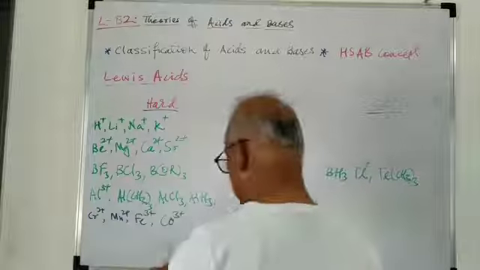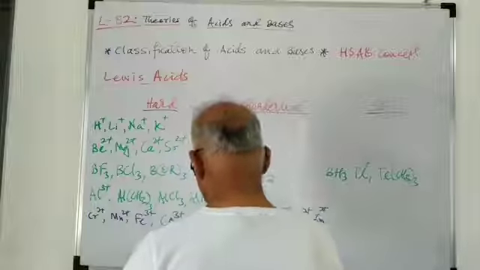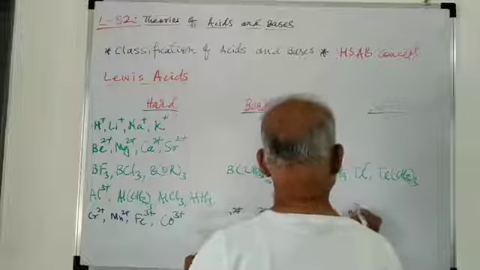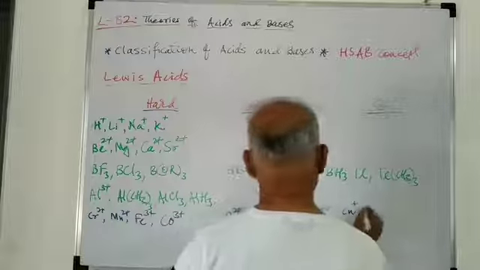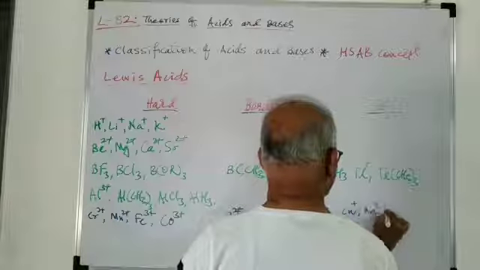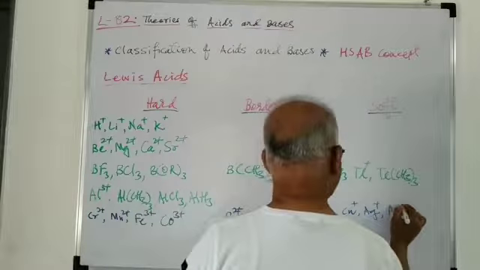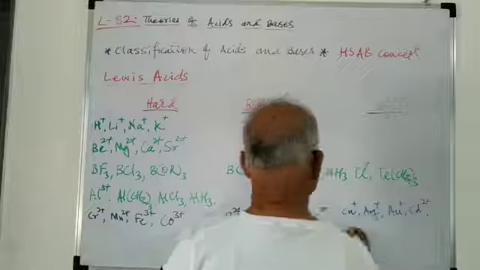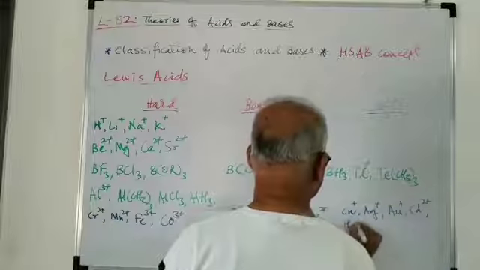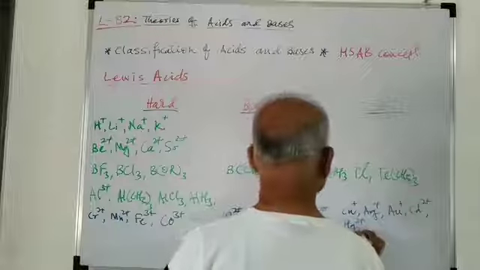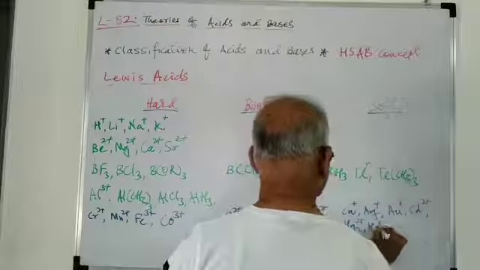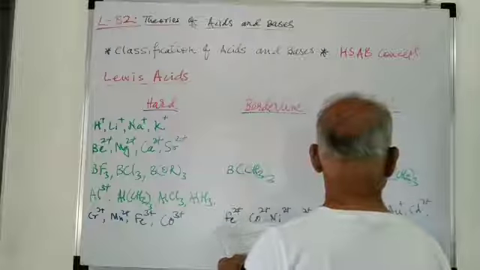So these are borderline species. Now there are softer species like Cu plus, lower oxidation states, Ag plus, Au plus, Cd2 plus, Hg2 plus, then Hg plus, then CH3Hg plus,